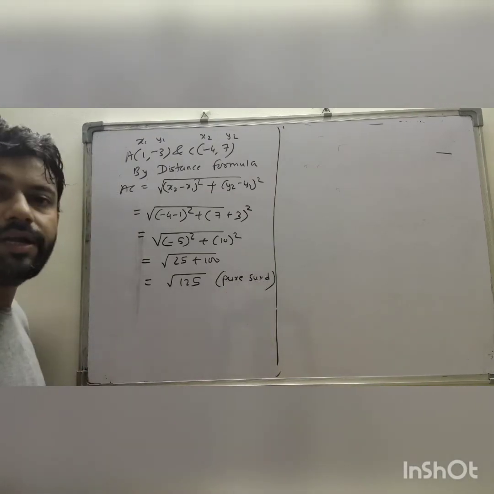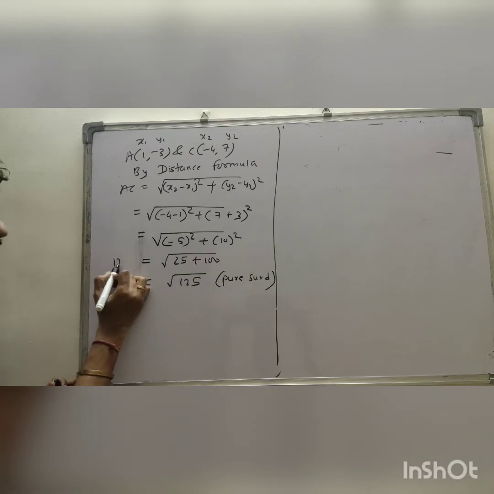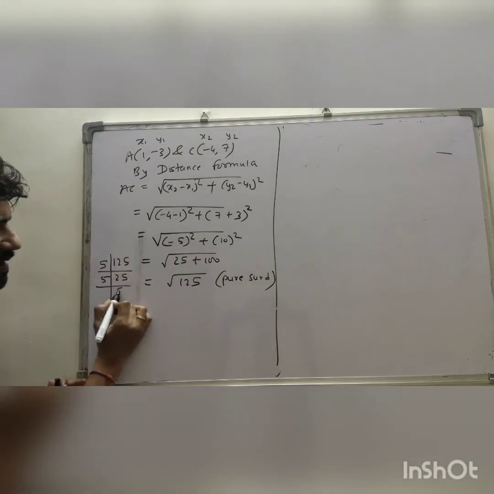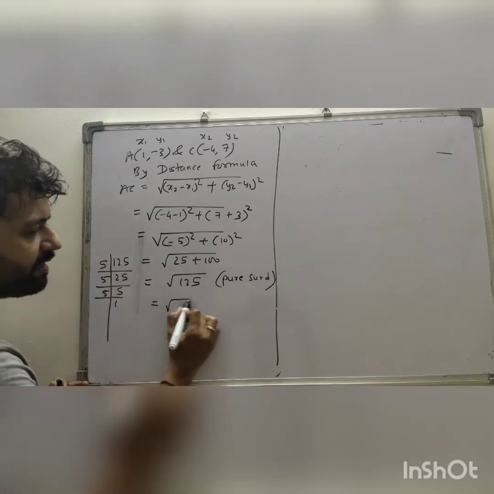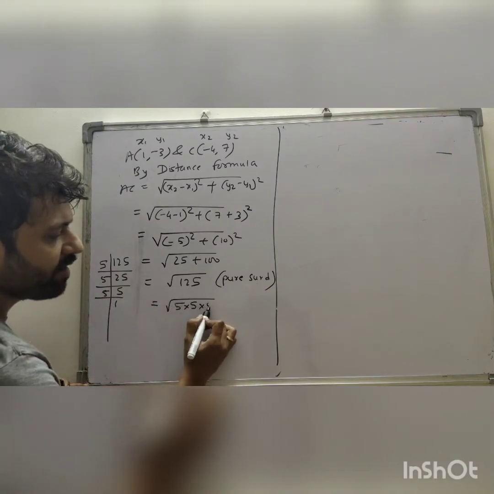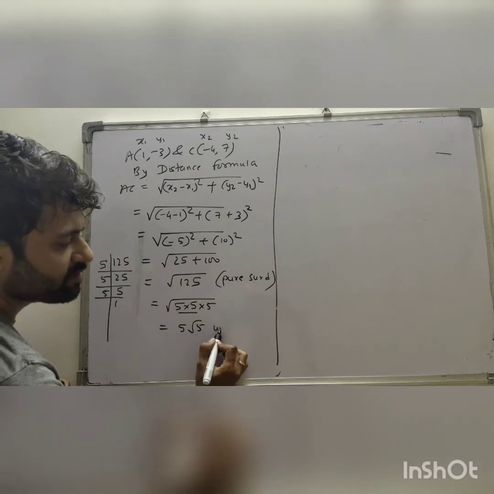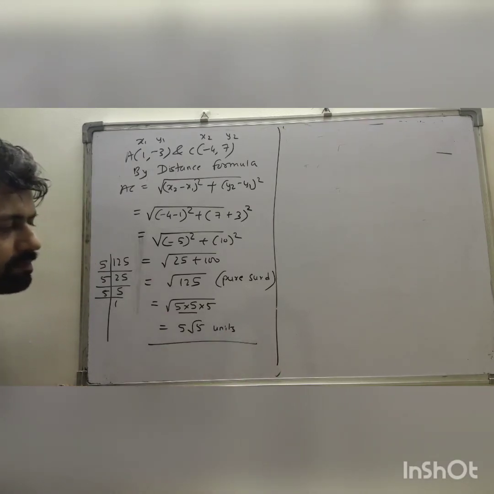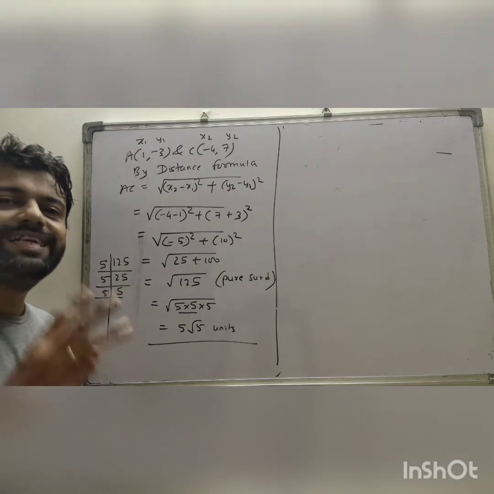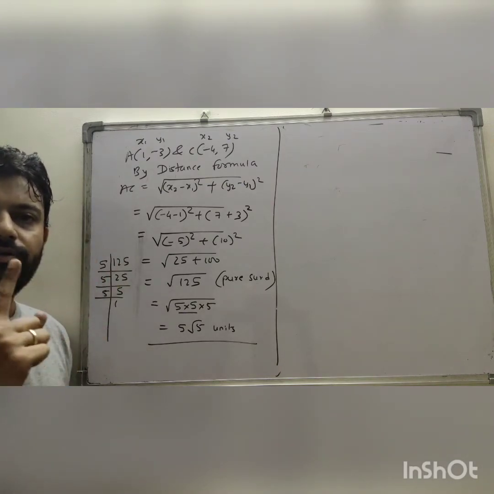We will convert it into a mixed surd. 125 के factors भी डालेंगे. 5 25s are 125, 5 5s are 25, 5 1s are 5. So you get 5 into 5 into 5, which is equal to 5 root 5 units. So in this way we found 3 distances. First AB